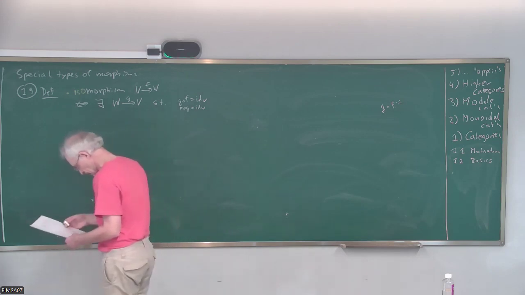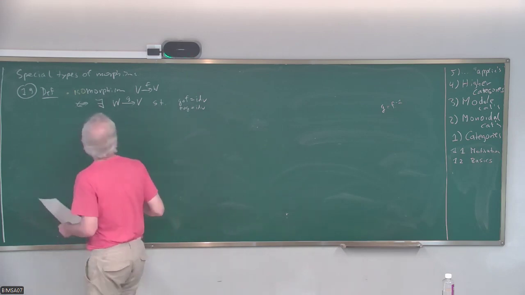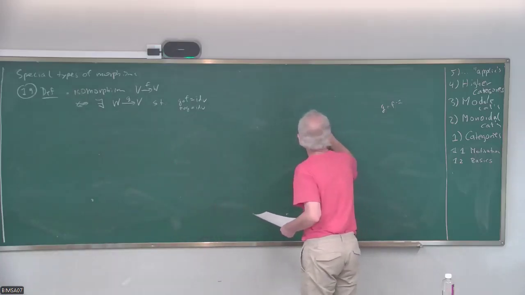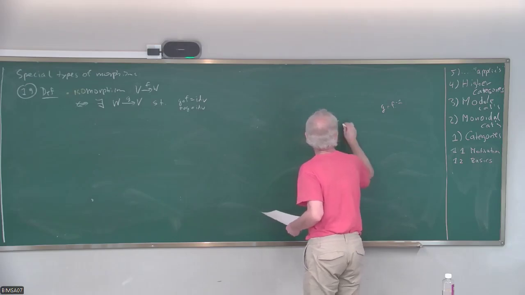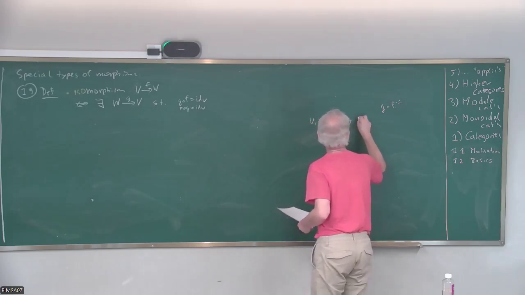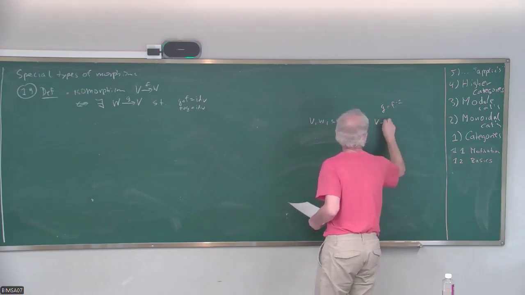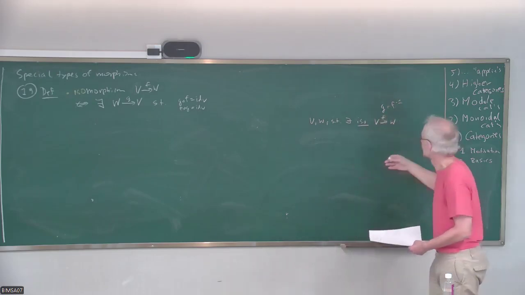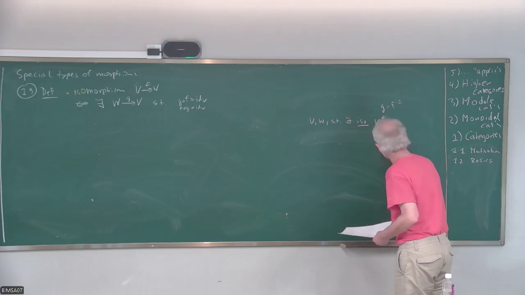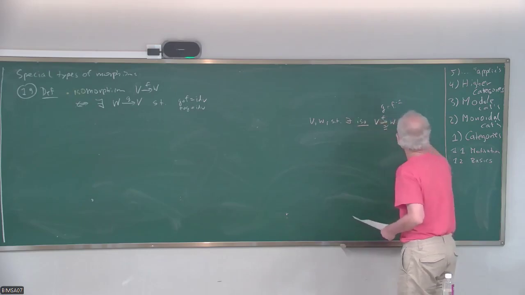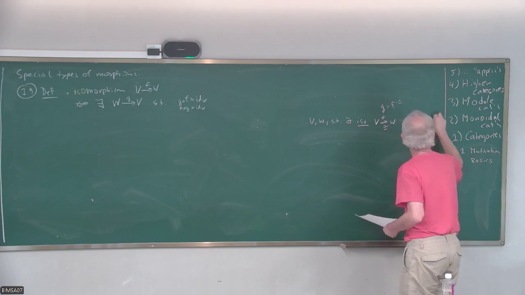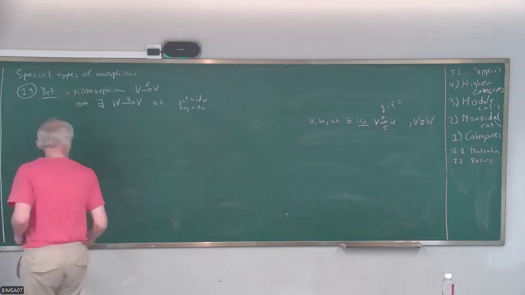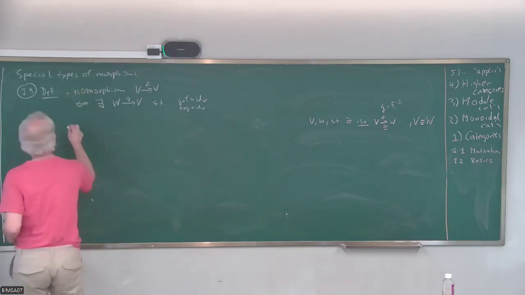And if there exists an isomorphism from V to W, which is F, then we also say V and W are isomorphic, and we write this by writing this sign here, or we just say V and W are isomorphic. And then a monomorphism